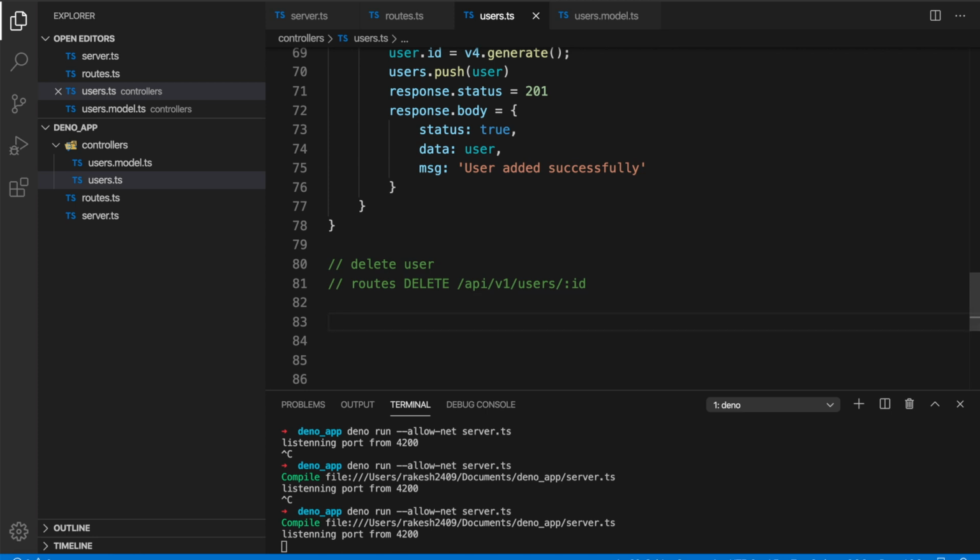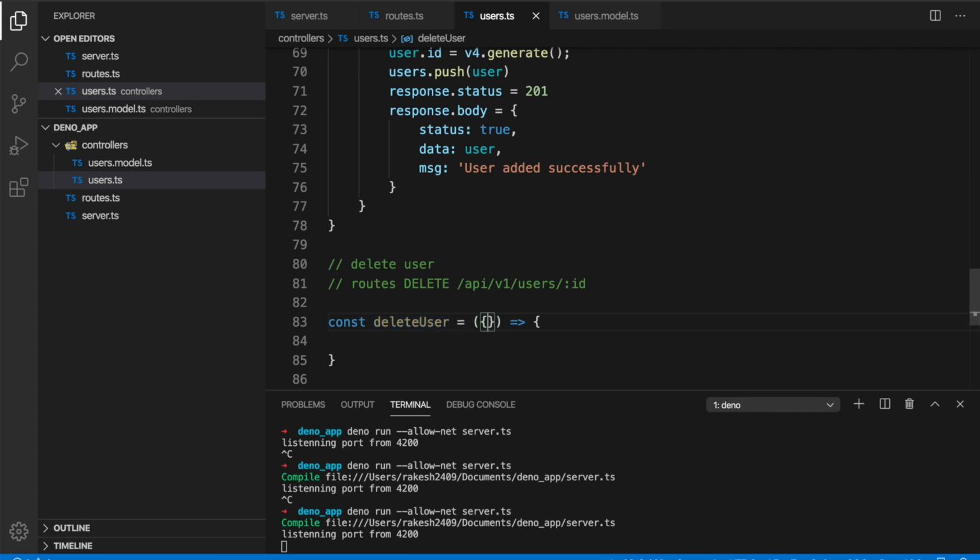So now we have a const delete user, and then we have an arrow method here, and then we say